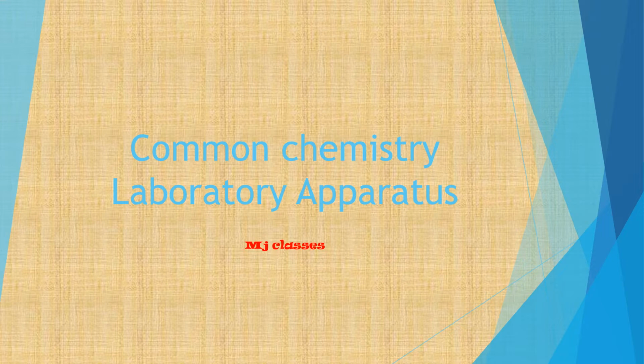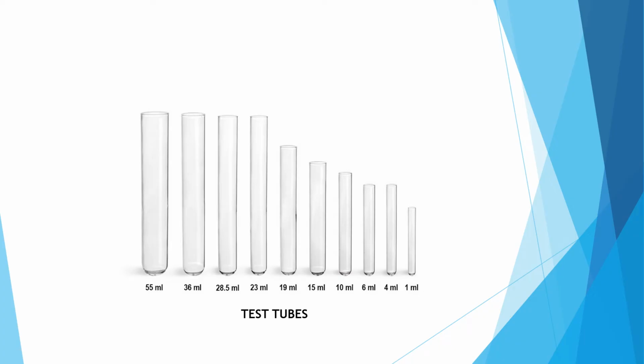Today we are going to discuss common chemistry laboratory apparatus. The first one is the test tubes. These are test tubes designed to hold liquids and chemicals. They have no marks, but they are transparent and make it easy to view what you poured into each one. Transparent liquids and sometimes even measure the chemicals.